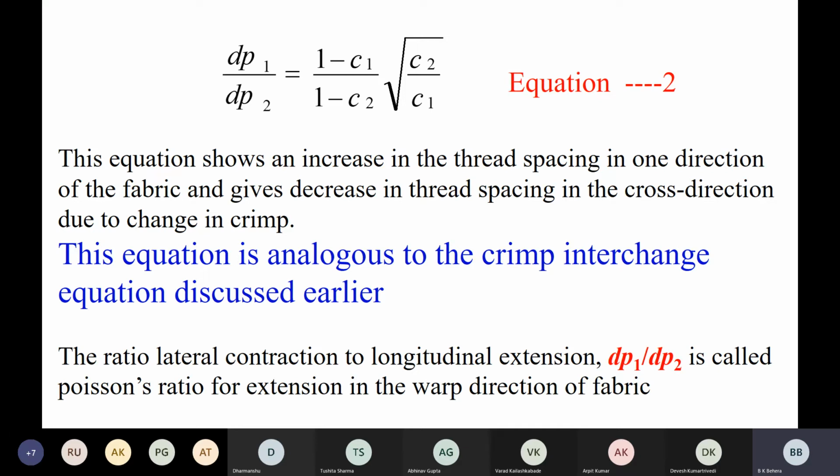That's why, before discussing this theory, I explained what happens to fabric dimension when it is loaded. I even gave you an example of auxetic fabric, where this does not happen. In auxetic fabric, if you extend the fabric in the warp direction, in the weft direction it also gets extended. But in a normal fabric, like any other normal material, if you extend in one direction, you will find the transverse direction gets contracted.